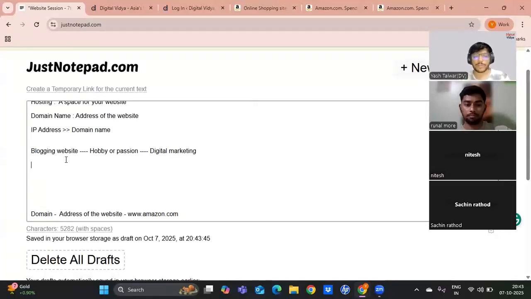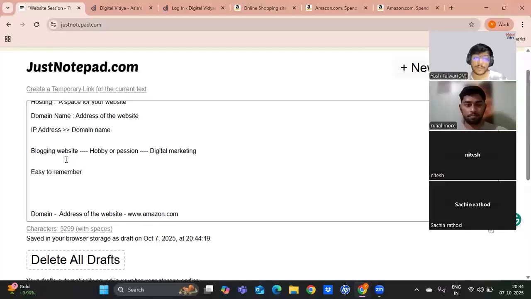Then your domain name should also relate to the type of website you're building. If it's around your hobby or passion, the name should explain that, right? If somebody looks at your name, they should be able to tell what type of website they are visiting. That's number one. It should be easy to remember. These are some general rules of thumb whenever you're going ahead to buy a domain.